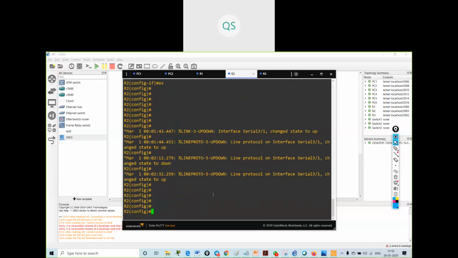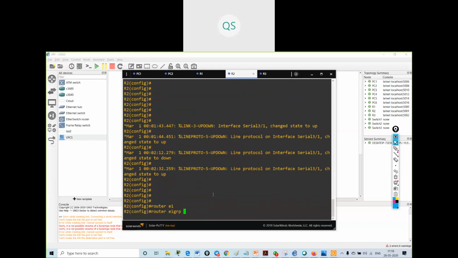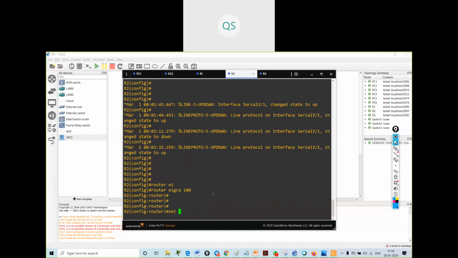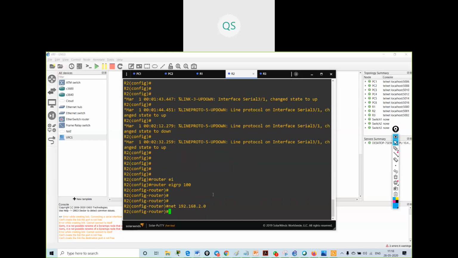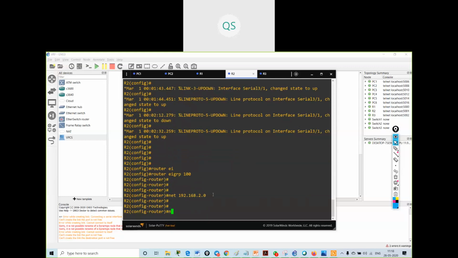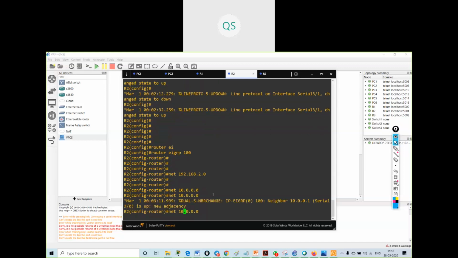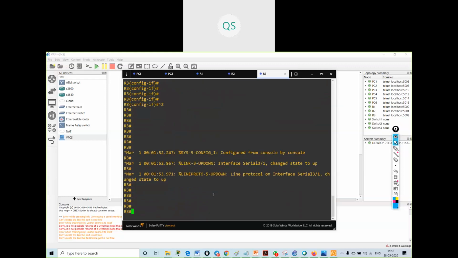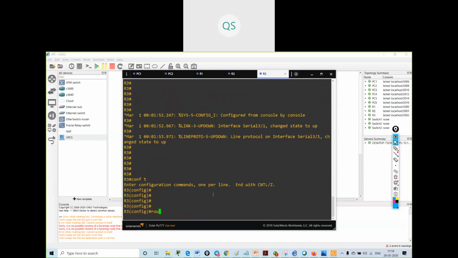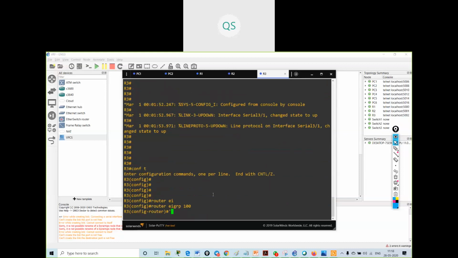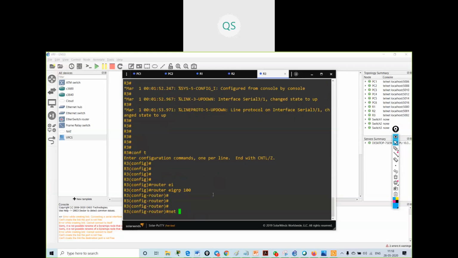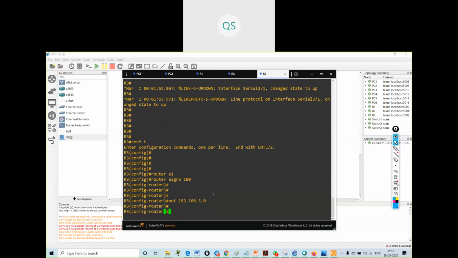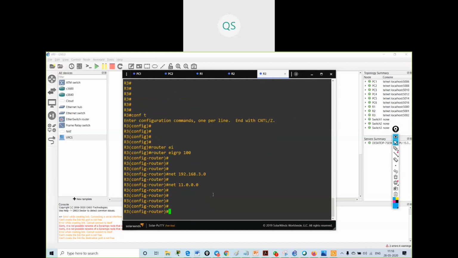On R2, I'll say router EIGRP 100, network 192.168.2 dot network, network 10 dot network and 11 dot network. No auto summary. Okay, config terminal, router EIGRP 100, network 192.168.3 dot network and 11 dot network. No auto summary.